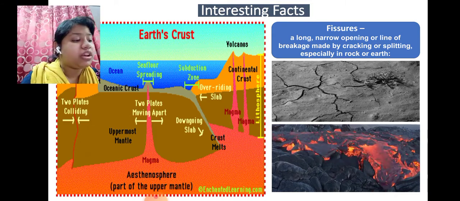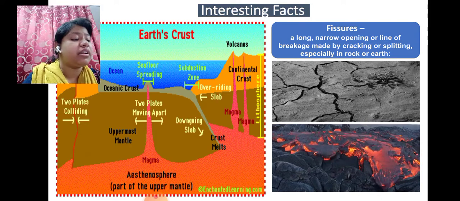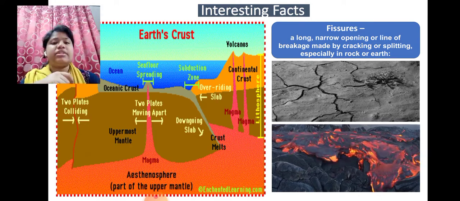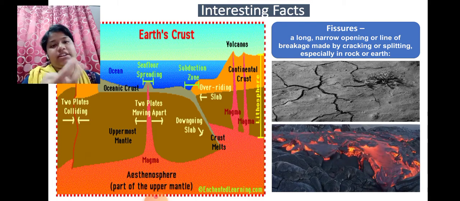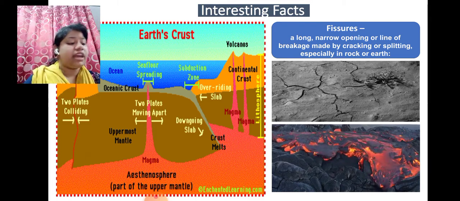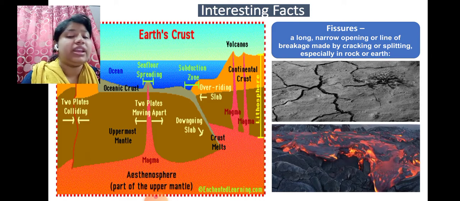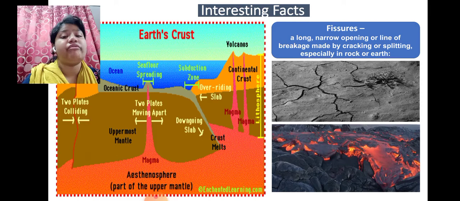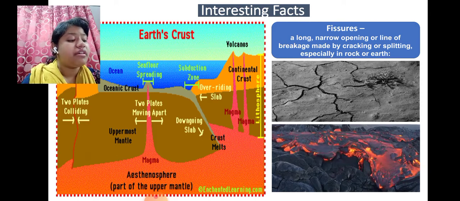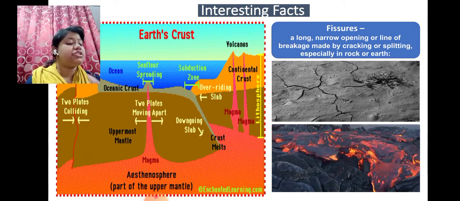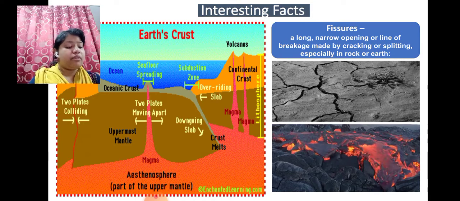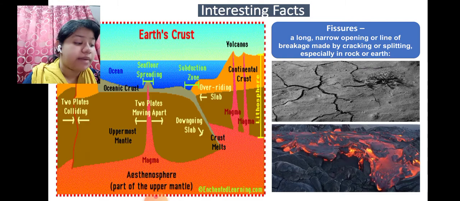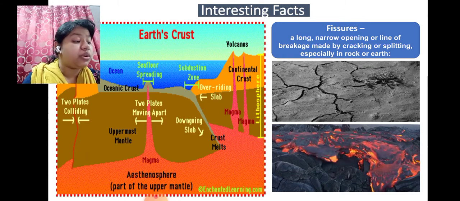So depending on the material and its mineral composition, volcanoes are classified into two types: acidic type and basic type. In acidic type, there is more silica, less iron and magnesium. This type of volcano is more viscous and hence forms a cone-shaped, hill-shaped structure. Whereas basic type contains less silica, more iron and magnesium, so it is less viscous.